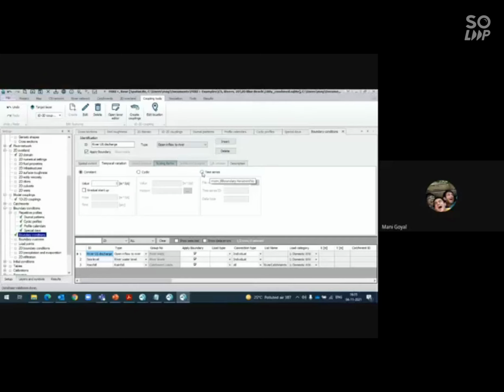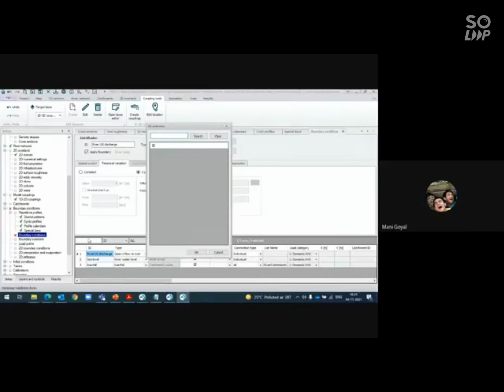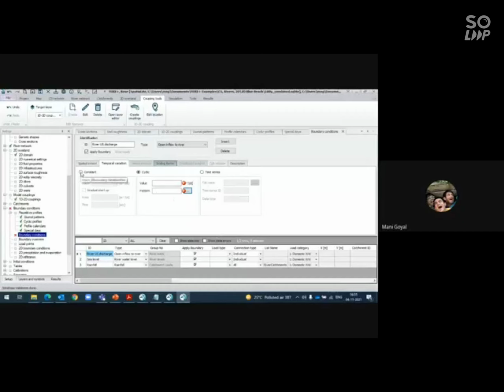And for the time series, you need to assign the time series. If you are providing rainfall or something, you can assign the time series. If you click on this time series, again all those options come. And if you click on cyclic, first you need to provide the value. As I said, for a common urban area, we take 150 LPCD as the consumption of water. That means in meter cubes per second, 0.15 meter cube per second. And you need to assign the pattern, whatever pattern you have created in the diurnal pattern. So this will be the boundary condition for your collection system.